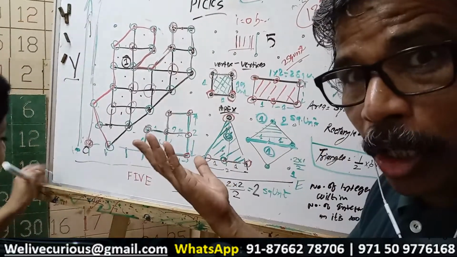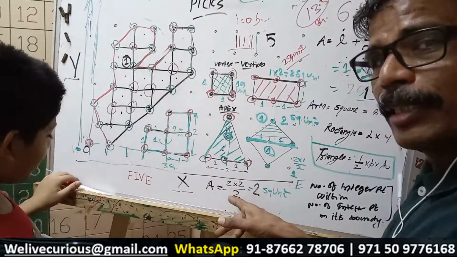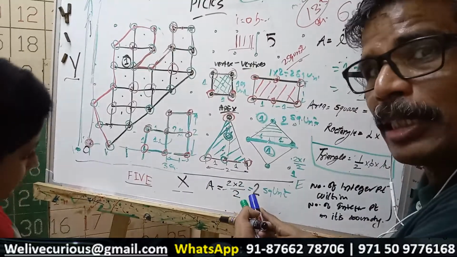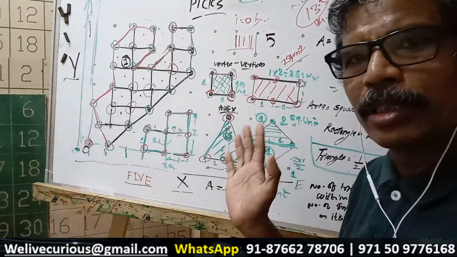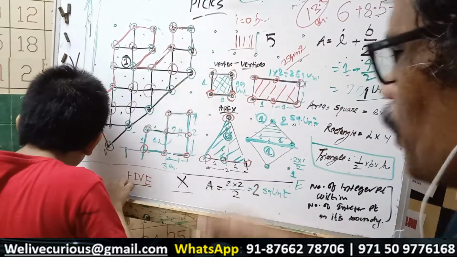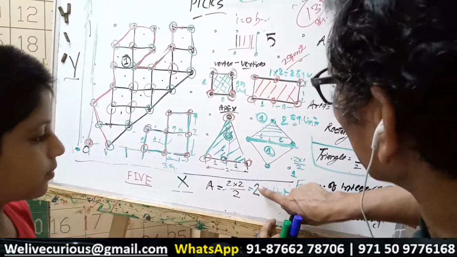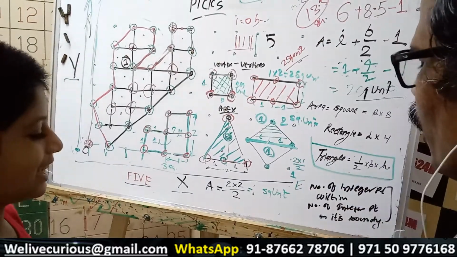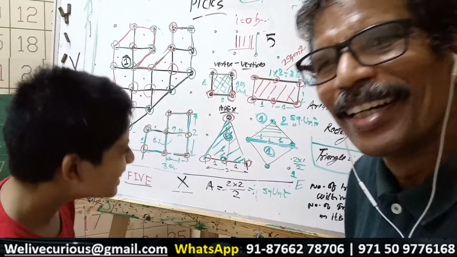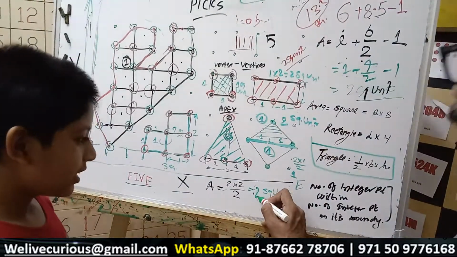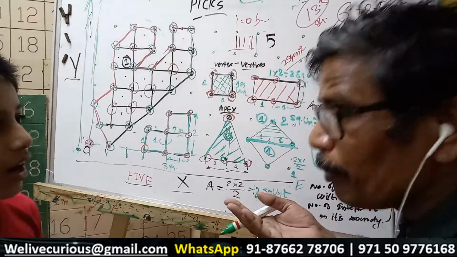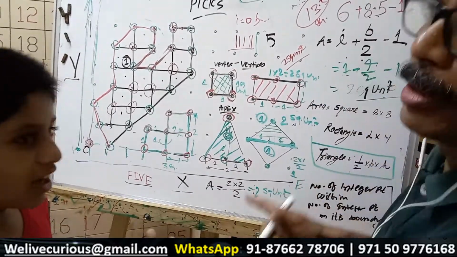This is why, if you end up making a mistake with Pick's theorem, cross check it. We cross checked and found the mistake that we committed. We are not scared of mistakes. If I make a mistake, I own it, no problem. In fact, it was written 1 here, like this: 2 by 2 divided by 2 is 1 square unit, and we moved on. When I checked it with Pick, it was coming 2. So I said, where did I make a mistake? So we found this is the mistake.